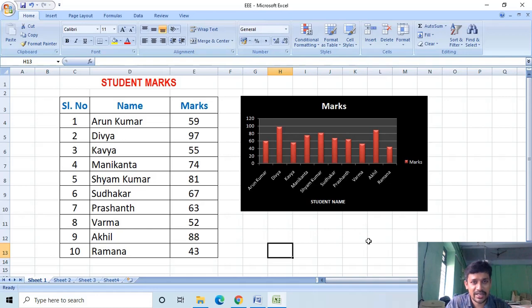This method creates a chart within the sheet. Now the second method is to create a chart in a separate sheet. For that, select the data and press F11 on the keyboard.